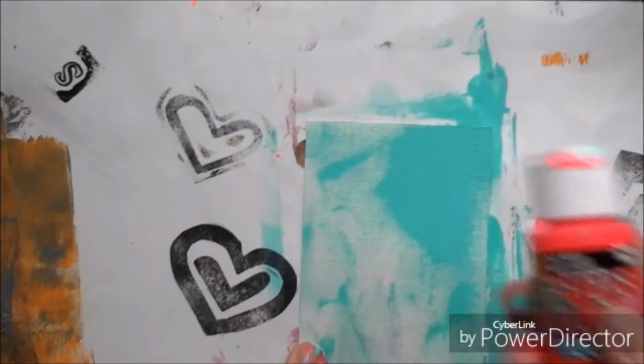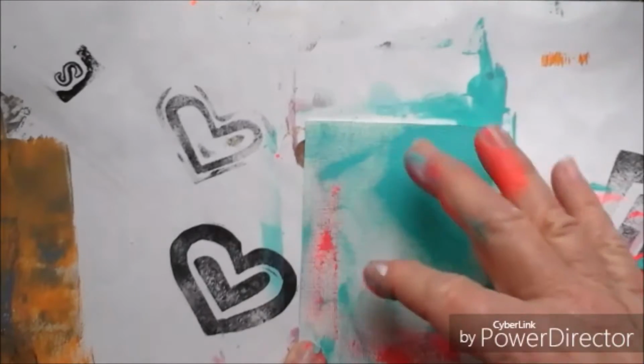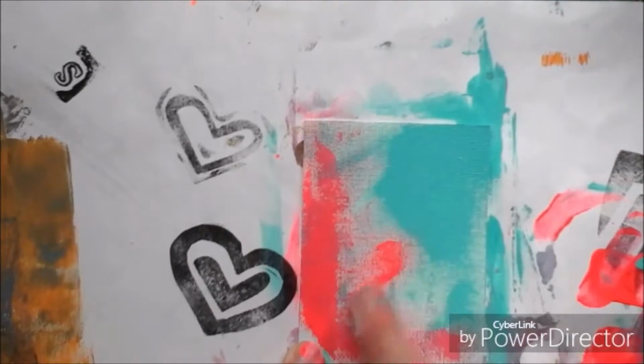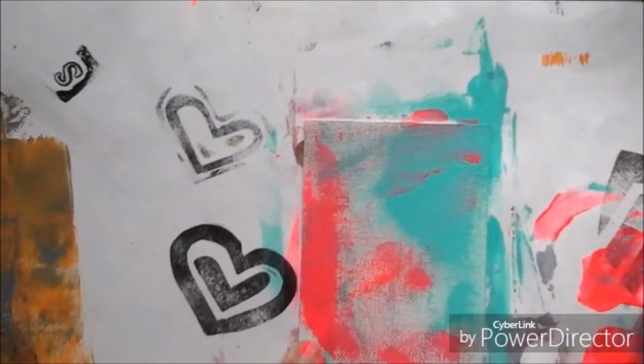So the next color we're going to use is the Red Neon, and I'm just going to use a little bit of it. I have a little bit on the paper that's underneath my canvas, and going to add a little bit of that here and there, maybe a little bit up in